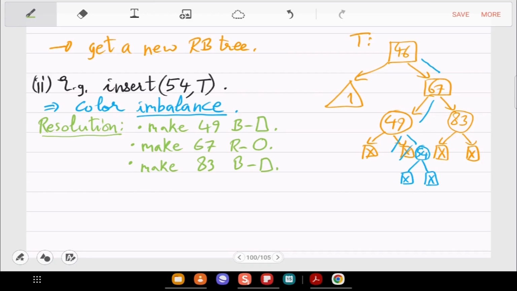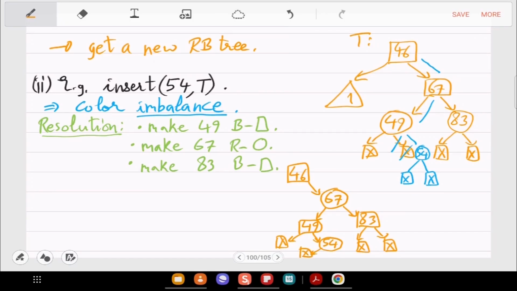So let's draw the resulting tree now. 67 is red, and 49 is black with 54 as its red child.